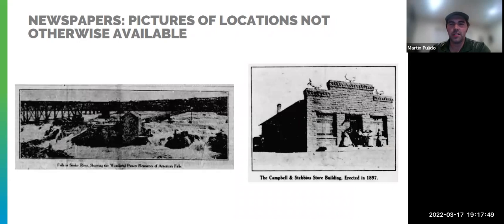Other ones aren't as great, just because of the way the photocopies are done and the quality of the newspaper, which doesn't give you the best sense of it. But these are from American Falls before it was submerged in water, some of the places that were around it. So there may be some photos from this time period. I've looked for what's available in American Falls prior to the flooding, but there isn't a lot of them. So sometimes these newspapers give you the best glimpse into what it was like before.